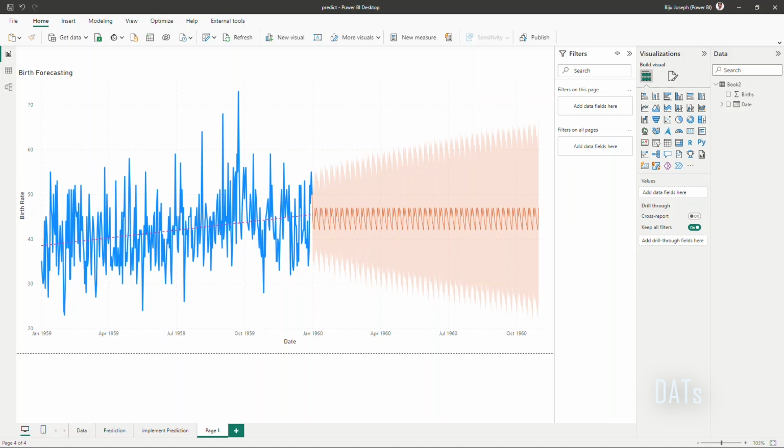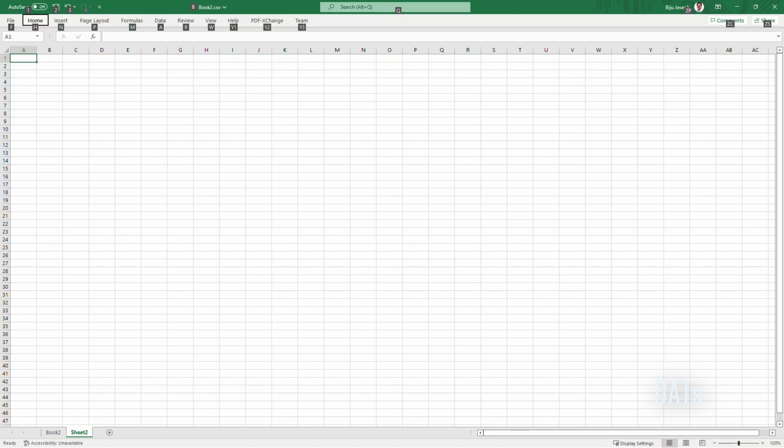and many more. If you are new to Power BI or new to BI and you don't know what is forecasting, no problem. I will try to explain what forecasting is. It is basically predicting the probability of something happening based on some historical pattern, data, samples, and so on. In today's session, I have downloaded some data from the internet,